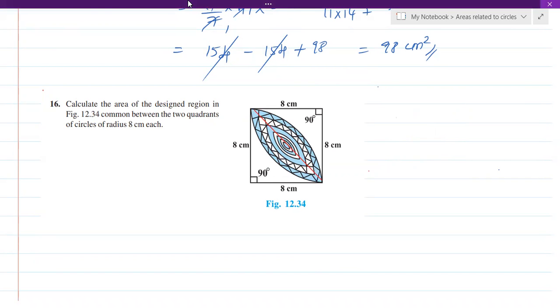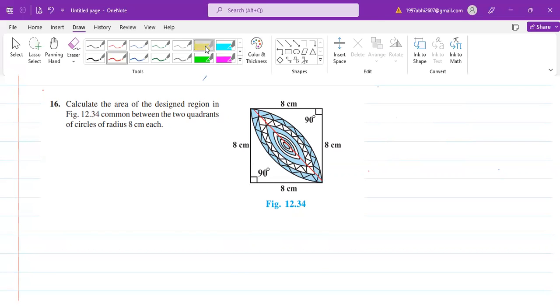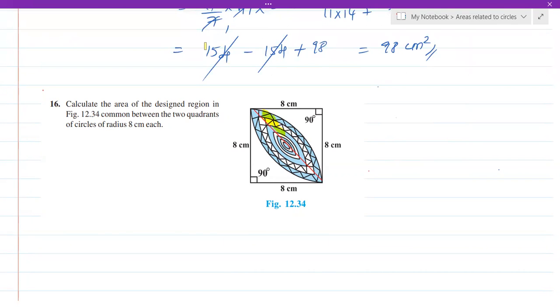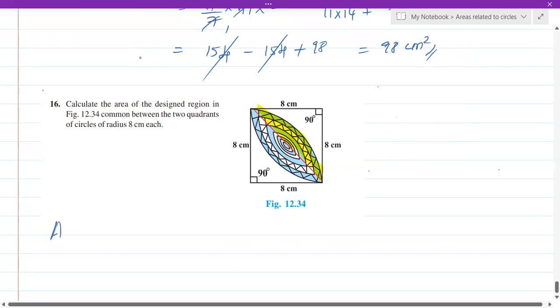Then we are going to find this area, which I'm shading in yellow color. Okay, that can actually be found using this formula. The formula will be area of quadrant. Okay, this entire thing is a quadrant. In that, the bottom part is a triangle, which is not required. Okay, so area of shaded region,